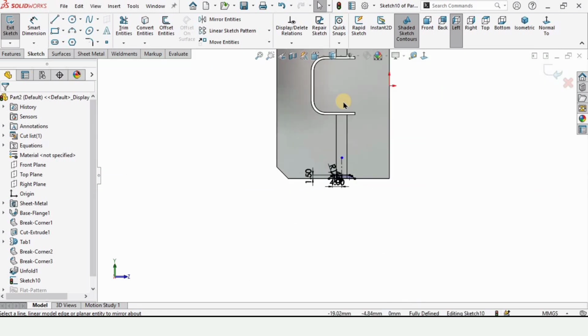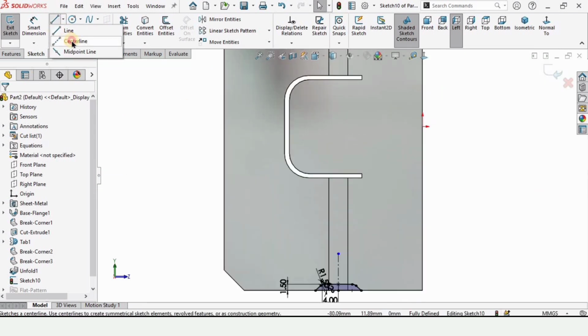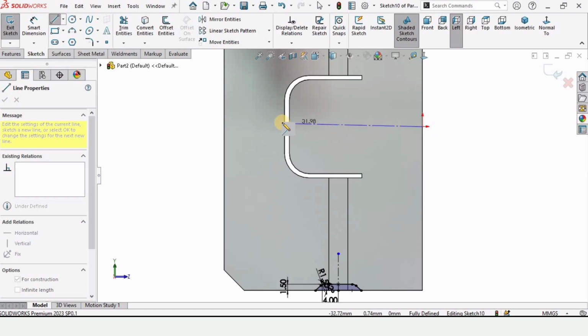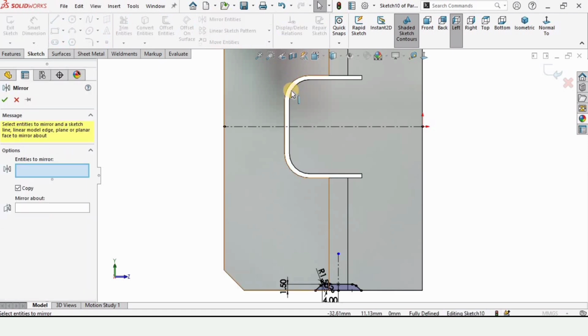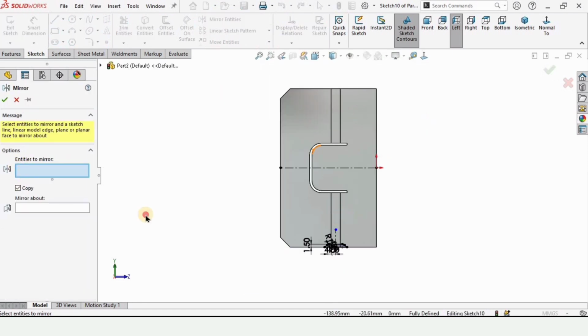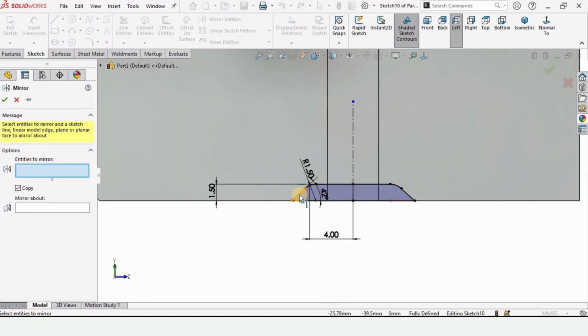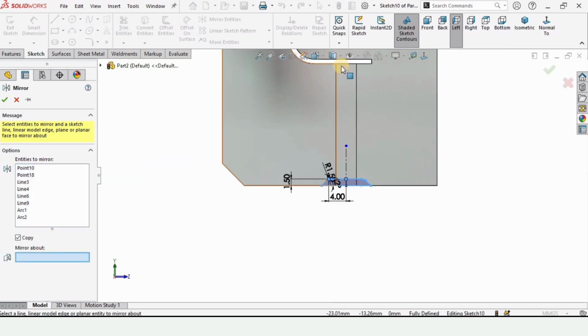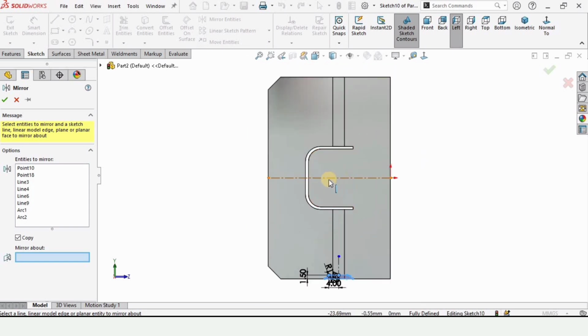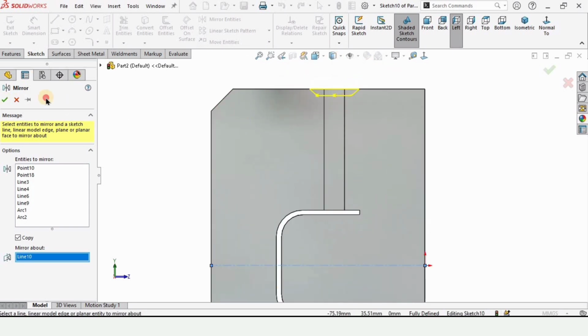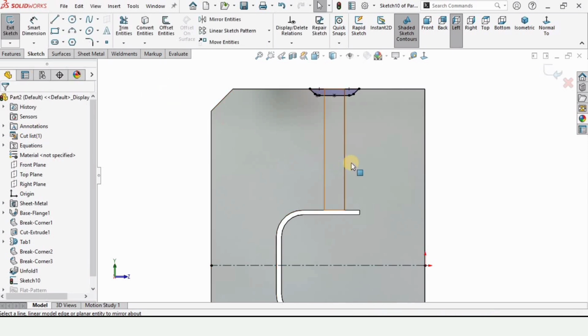And since I want to mirror the same thing on the other side, so I will make another center line for reference. It will be at this midpoint, and select this mirror entities again. In this window, entities to mirror window, I need to select this entire sketch, and in this mirror about window I will select this center line, and the whole sketch will be mirrored here, as you can see it from here. Check this box from here, and now since I want to cut it, so I will go to features